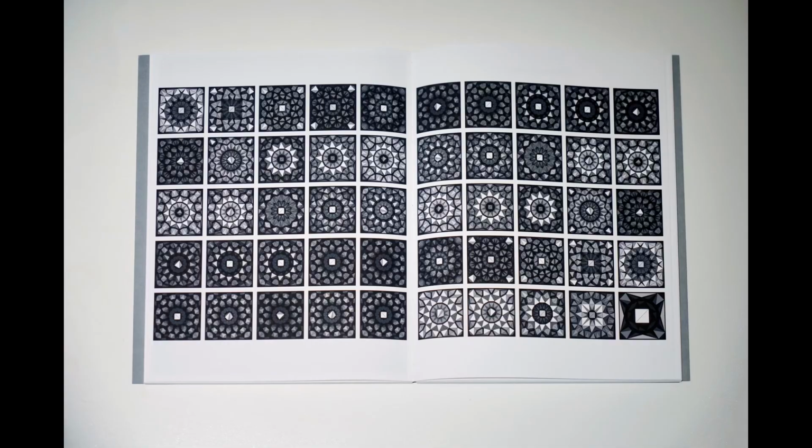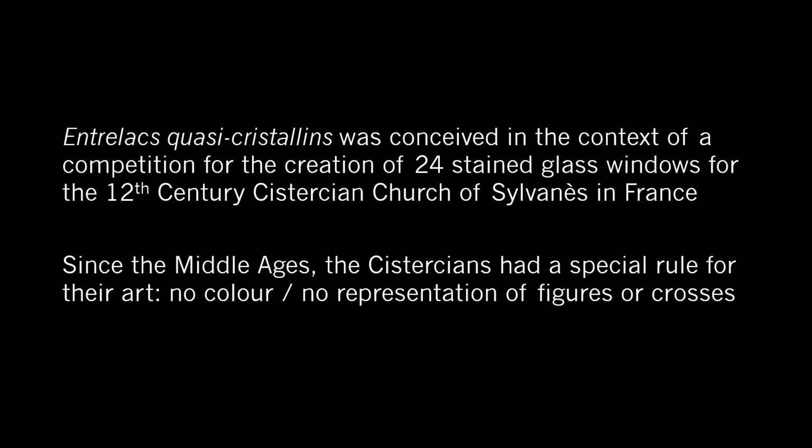but I'm going to present 3 projects, and this one is a project that I conceived in the frame of a competition. I conceived 24 stained glass windows for a church in France. It was a competition, and it was a Cistercian church. And the Cistercians in the Middle Ages had a rule for their art. Color was not allowed, only colorless materials. And also representation, even symbolical representation, was forbidden, at least at the beginning of the Cistercian dogma,